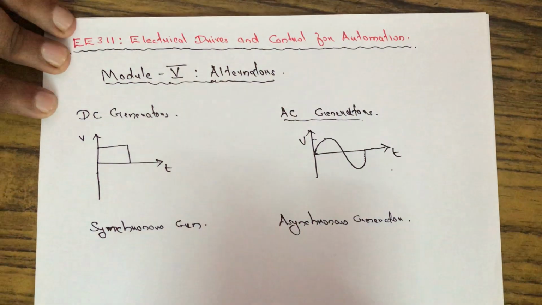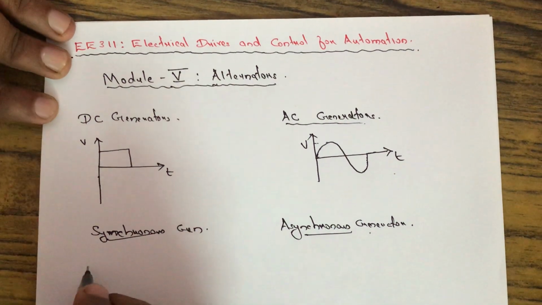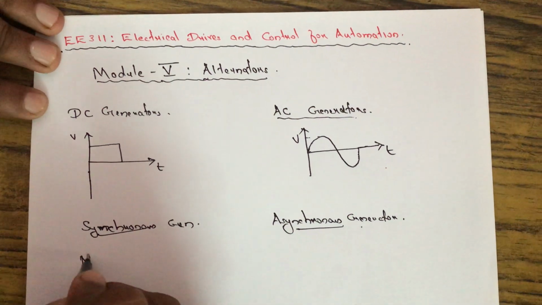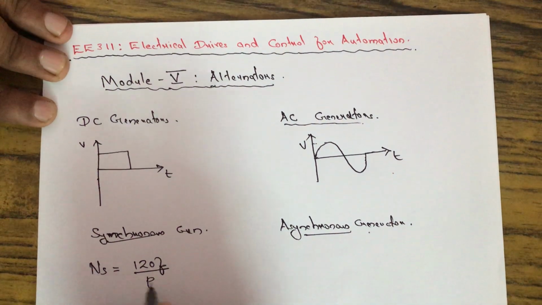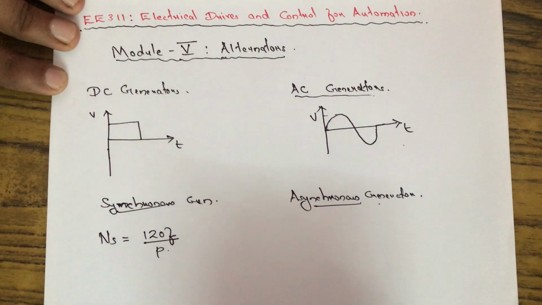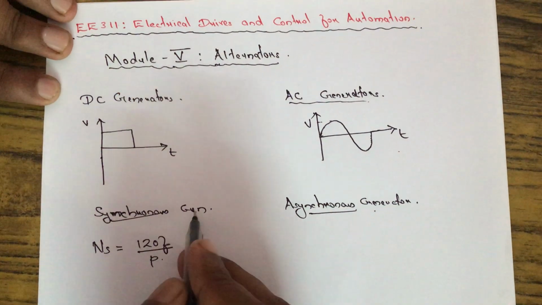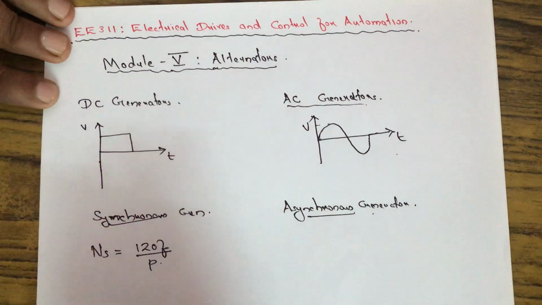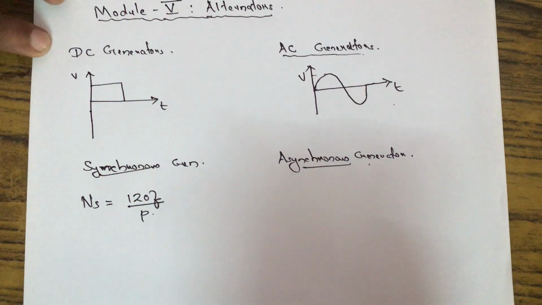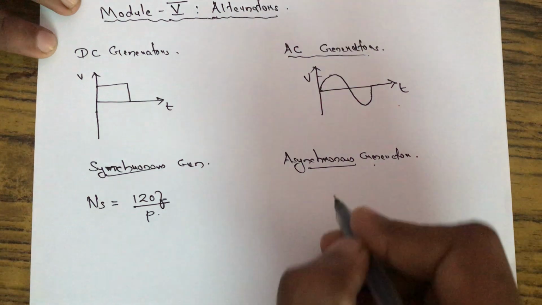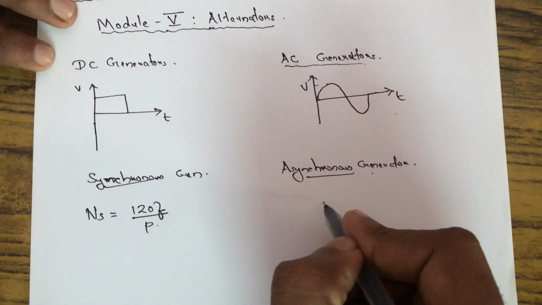Synchronous generators are nothing but generators which run at synchronous speed, that is given by Ns equal to 120 F by P, where F is the frequency and capital P is the number of poles. Synchronous generators always run at synchronous speed given by Ns, and asynchronous generators are generators which run at more than synchronous speed,